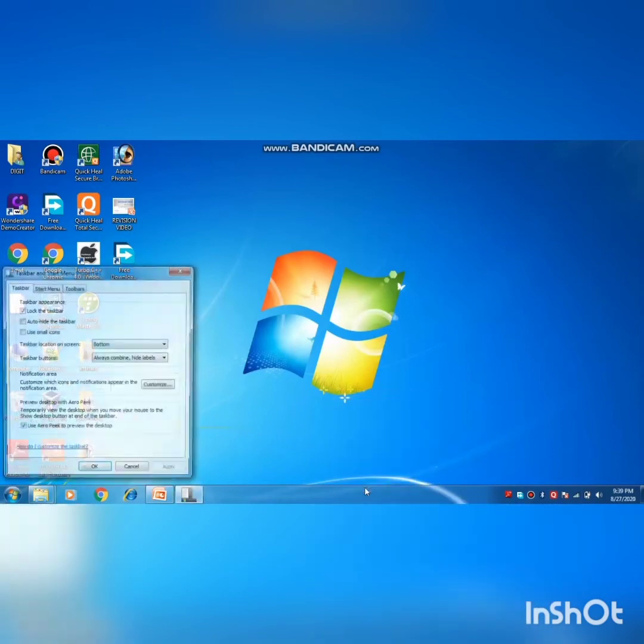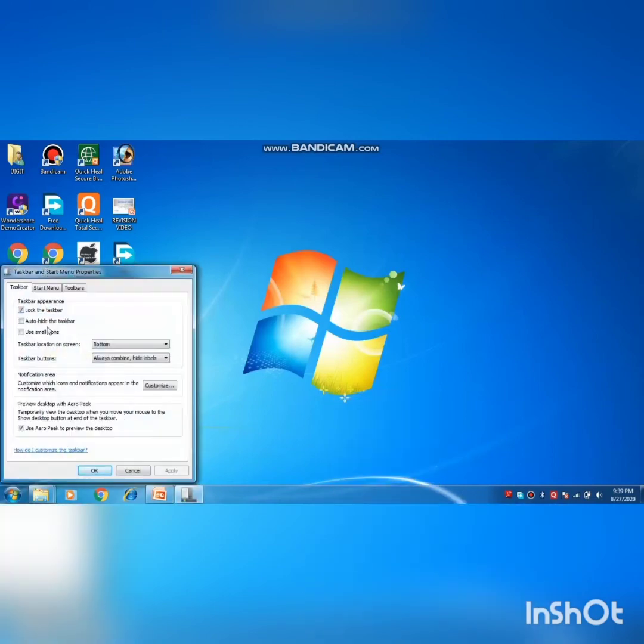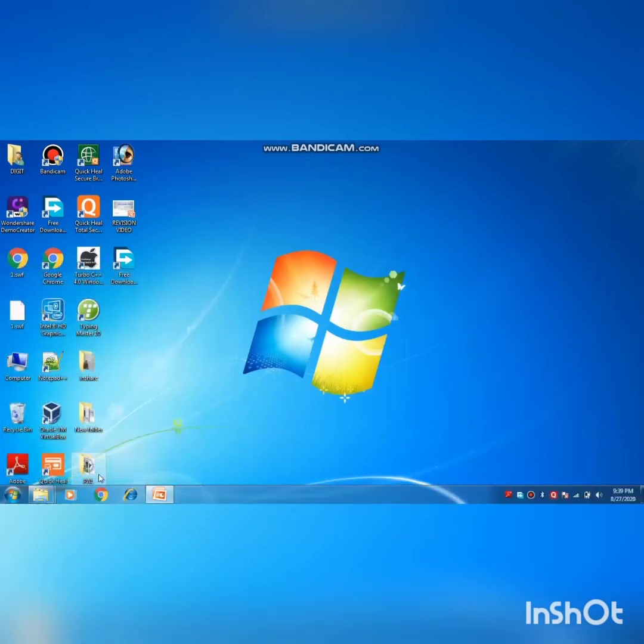Then click on the properties option. Here you can see the option auto hide the taskbar. Just click on the box, apply, and then OK. Here you can see your taskbar is now in hide condition, and if you want to access it, you can do so by bringing the cursor pointer to the bottom edge.